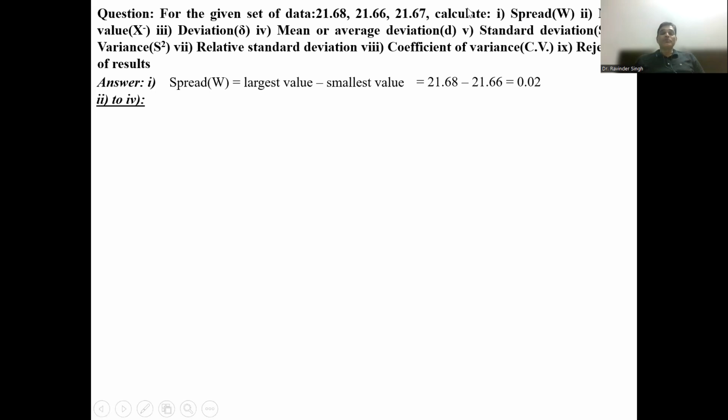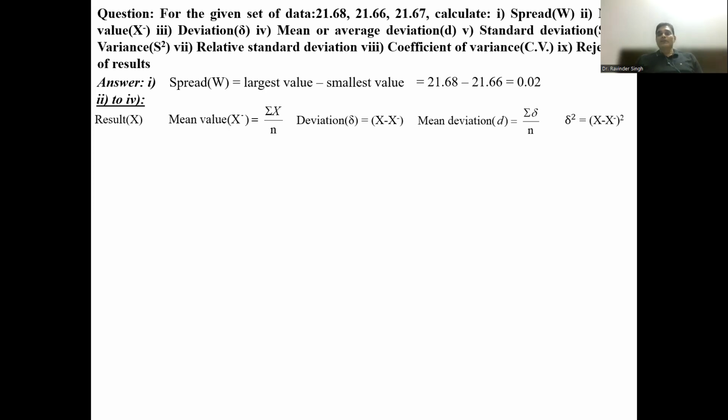Next one, अब हम क्वेश्चन सोल्व करेंगे फ्रॉम 2 to 4। देखो हमने लिखा 2 to 4। रिजल्ट हम लिखेंगे सबसे पहले, फिर मीन वैल्यू। मीन वैल्यू कैसे निकालते हैं आप? समेशन ऑफ एक्स डिवाइडेड बाय एन, अभी आपको निकाल के दिखाएंगे। नेक्स्ट वन इज द डेविएशन, एक्स माइनस एक्स बार, जो मीन वैल्यू हम ले लेंगे। हमने बताया था ना गिवन सेट ऑफ डाटा का मीन ले लें आप, और उसको हर एक वैल्यू के साथ क्या देखेंगे? डिफरेंस, दैट कॉल्ड द डेविएशन। मीन डेविएशन, समेशन ऑफ ऑल दिस डेविएशन, मींस एवरेज लेना है हमें। नेक्स्ट इज द डेल्टा स्क्वायर। अब हम ये सारी चीजें कैलकुलेट करेंगे।